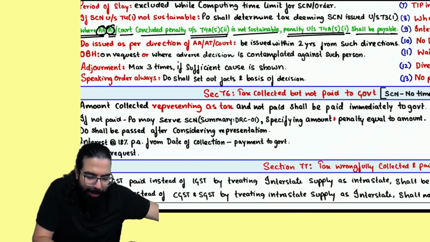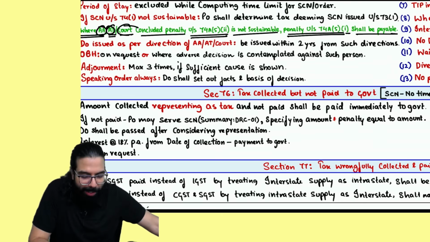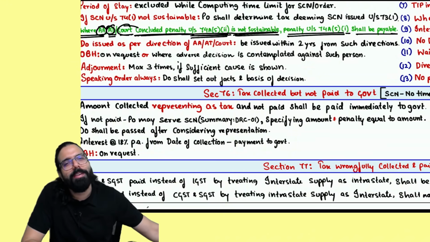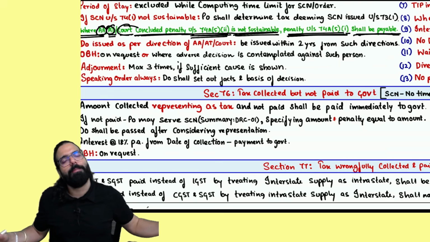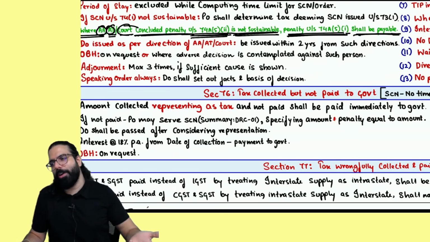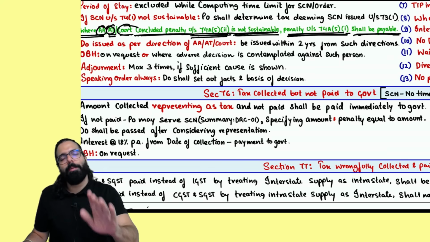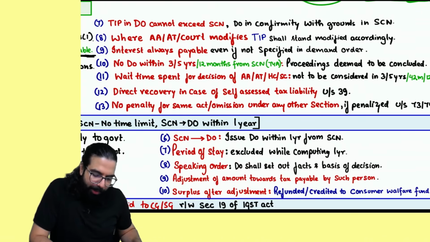They told where the appellate authority, appellate tribunal or court. A demand order is given under section 74A telling I am a fraud and fraud penalty is charged. And I went to the court and the court concluded the penalty under 74A(5)(2), which is the fraud penalty, is not sustainable. Then what will the officer do? Nothing. He will charge me a penalty under section 74A(5)(1). I have to pay penalty as if I am not a fraud. Means a demand order will be given to me under section 74A saying you are a fraud, and penalty will be 10% or 10,000, whichever is higher. Then nothing. No demand order.